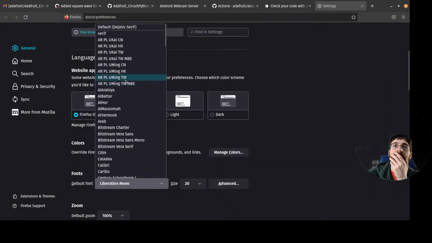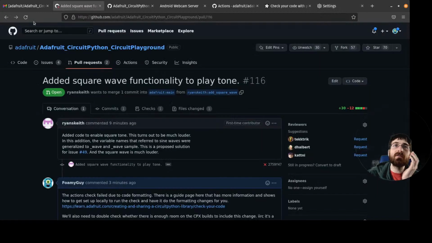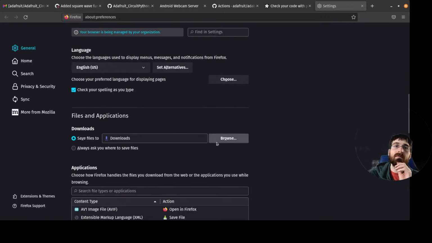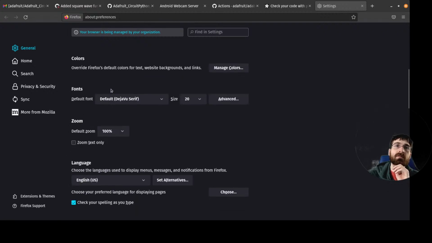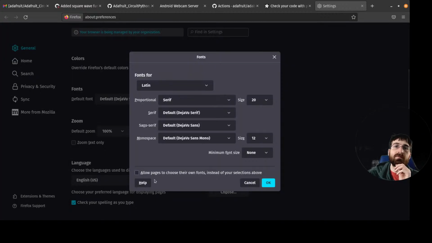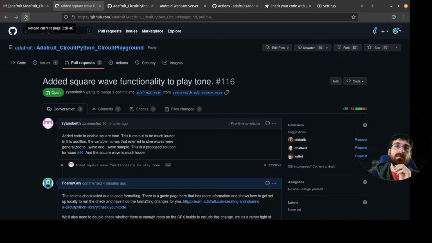What was it? It was on DejaVu before? But it was allowing them to overwrite it. This didn't change actually. Doesn't look any different to me at least. It's kind of weird. Maybe they're just very similar. Okay, you don't have to refresh.